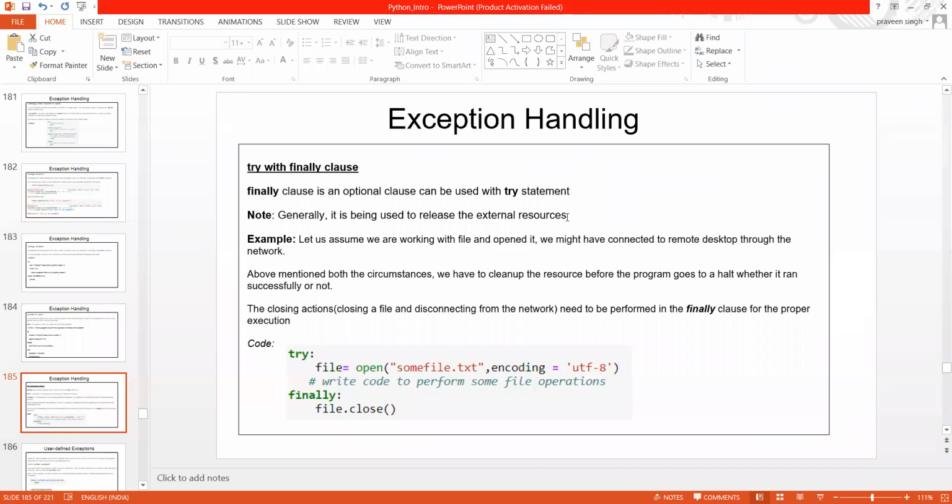To release external resources, that means, see, you wanted to eat chow mein, but you are waiting for a spoon. Maybe your mom has prepared Maggie chow mein for you, and let's assume that in your home there are only two spoons. One spoon is being used by your younger brother, one is being used by your mom. Now you are waiting for someone to finish their Maggie, then you will get that spoon.